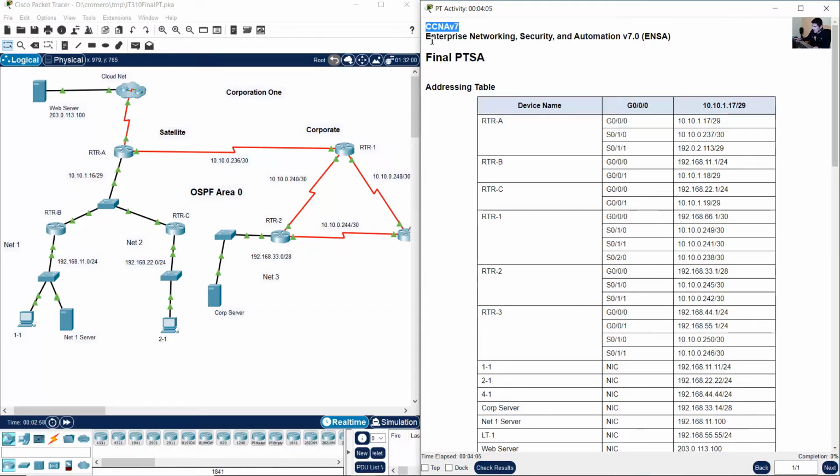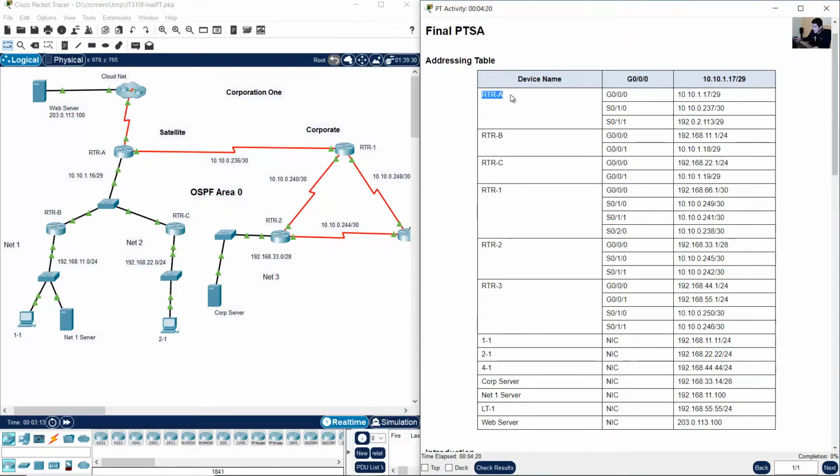CCNA version 7, Enterprise Networking Security and Automation version 7, Final PDSA, Packet Tracer Skills Assessment. The addressing table: Router A, Router B, Router C, Router 1,